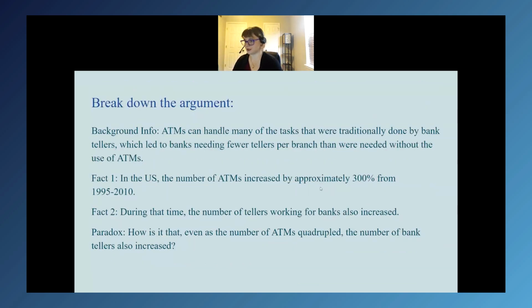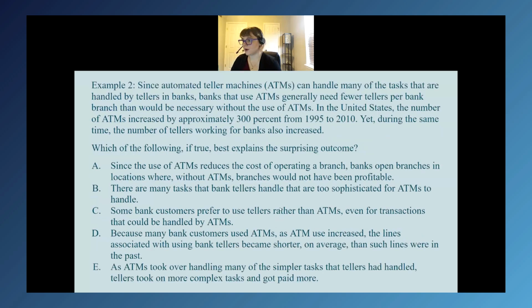this is the one where the ATMs have quadrupled over this 15-year period, and yet the number of bank tellers also increased. So let's see. Choice B: there are many tasks that bank tellers handle that are too sophisticated for ATMs to handle. So the key to seeing that B doesn't resolve this is that